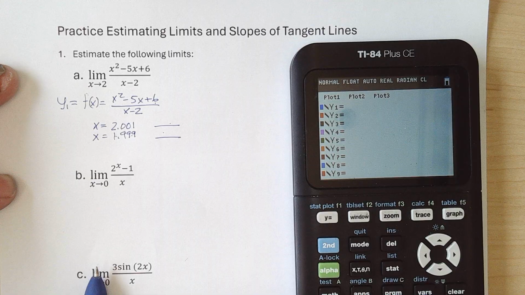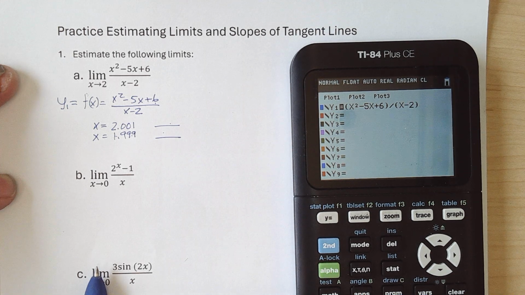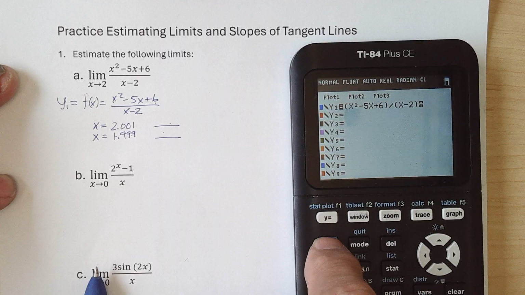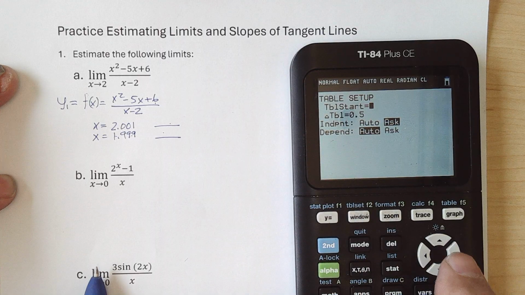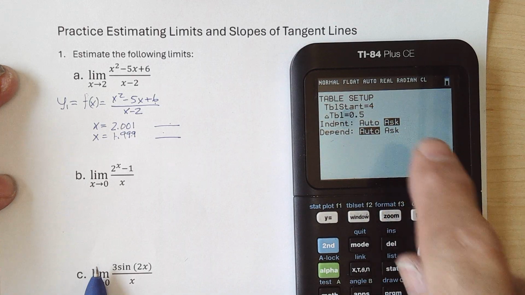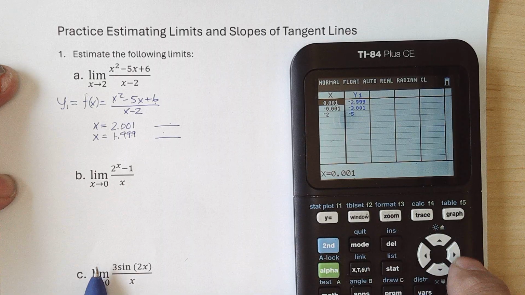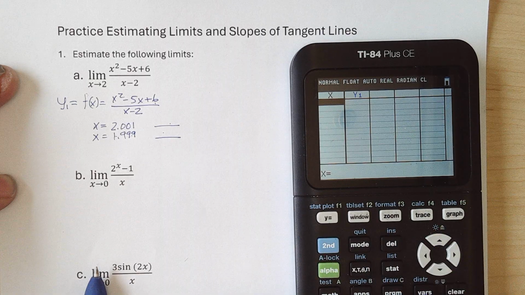It's a fraction, so I'll put parenthesis, the numerator, x squared, subtract 5x plus 6, close parenthesis, all divided by parenthesis x minus 2, close parenthesis. And if I have my table set on ask, then I can go to table and delete what's in there and put in numbers close to 2